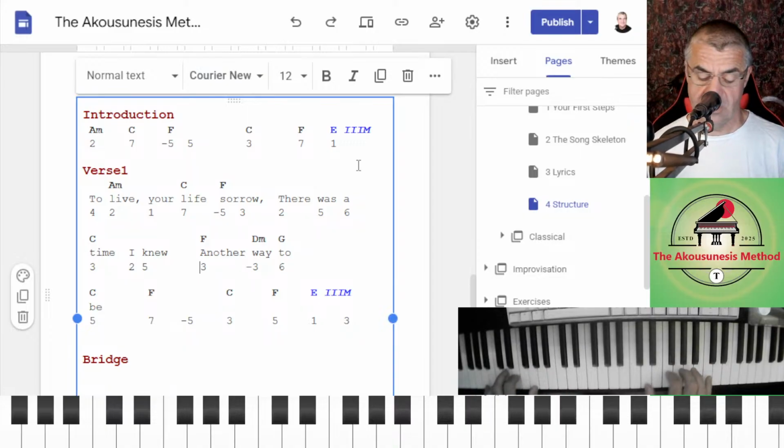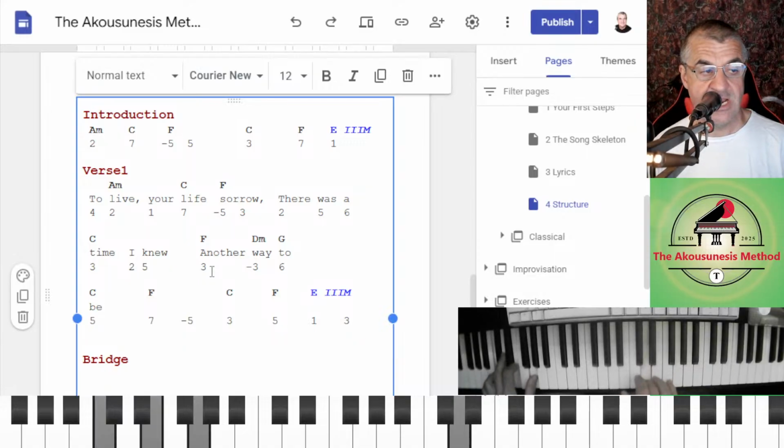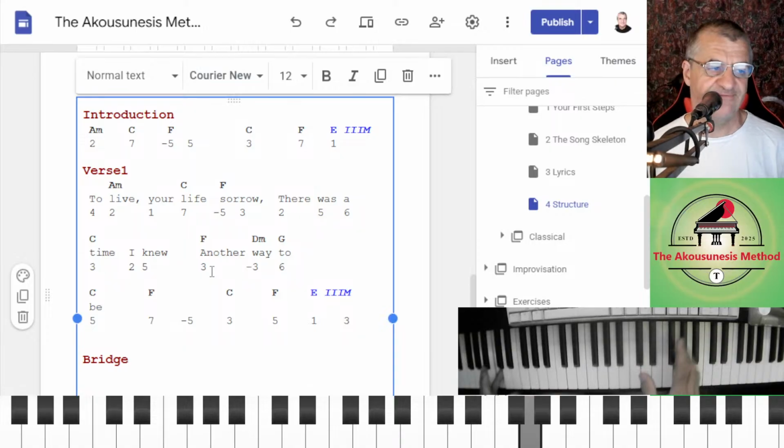Another way. So it's all going to revolve around this little F and another. So there was a time I knew. That's nice. The 5 is nice there. Knew.